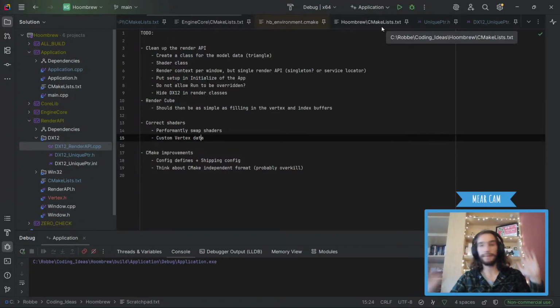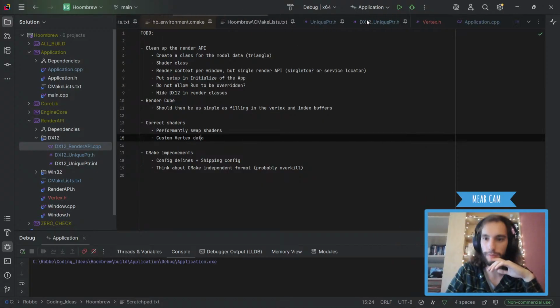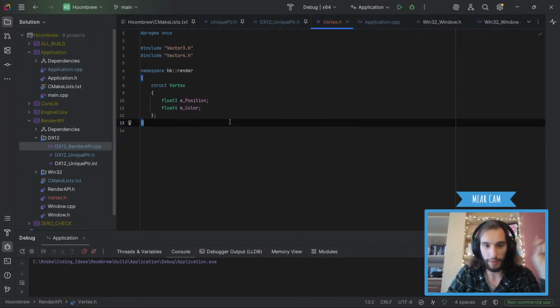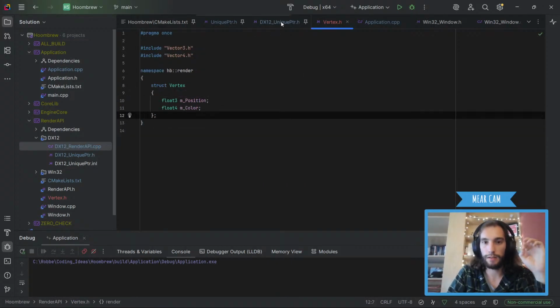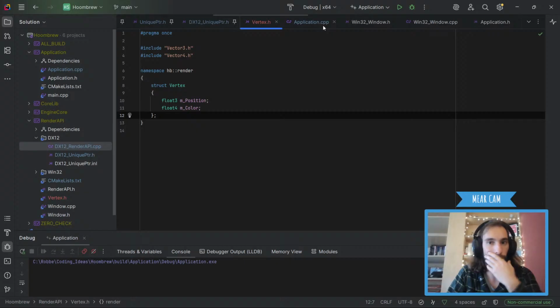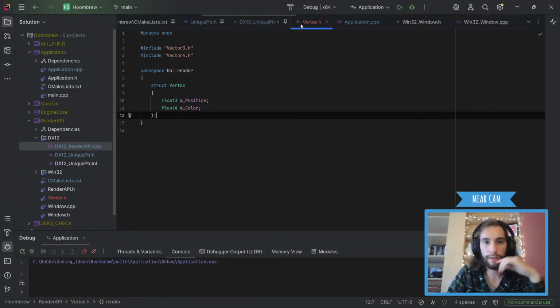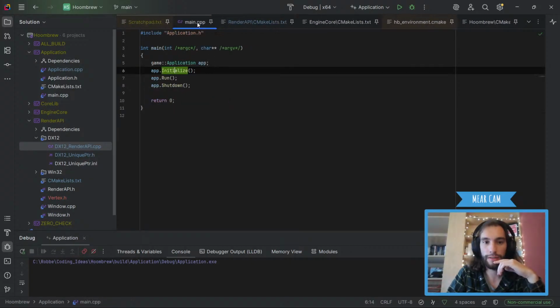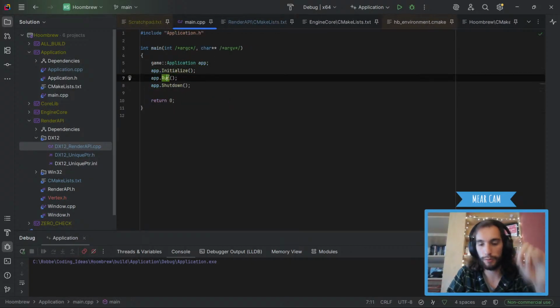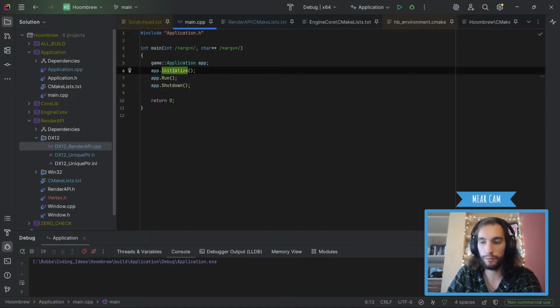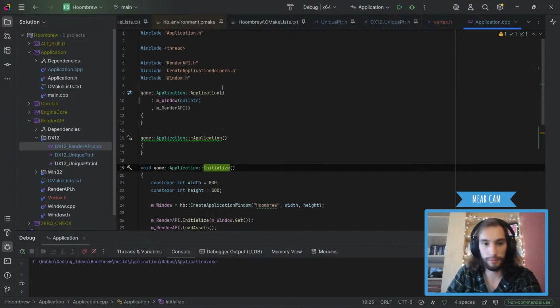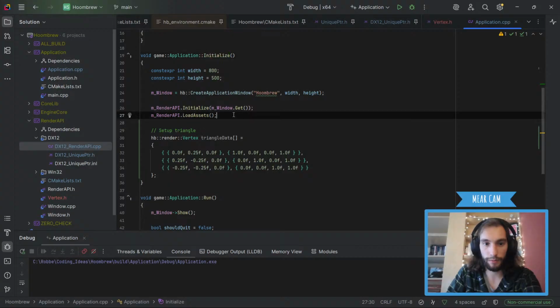Okay, so let's actually do something today, because I don't think we've actually programmed that much. We got our vertex, that's good. Now we need to make a shader as well, and then we can load the shader and load the model. At the moment, we will only have one shader. So in initialize, we do this load assets, right?